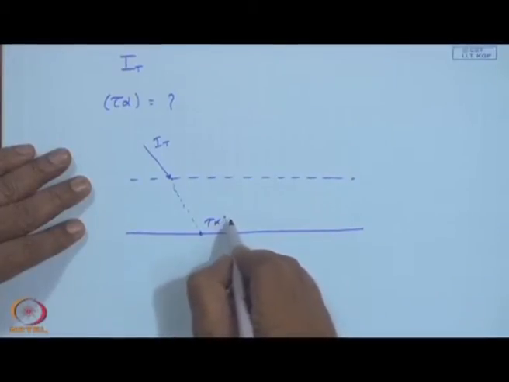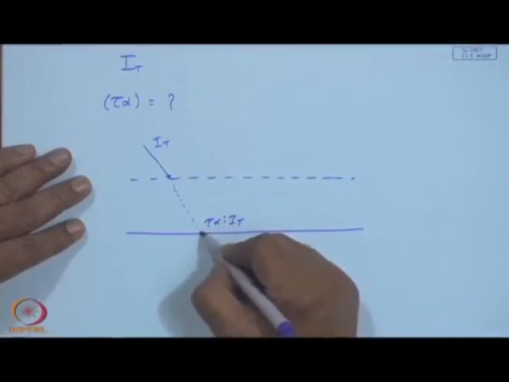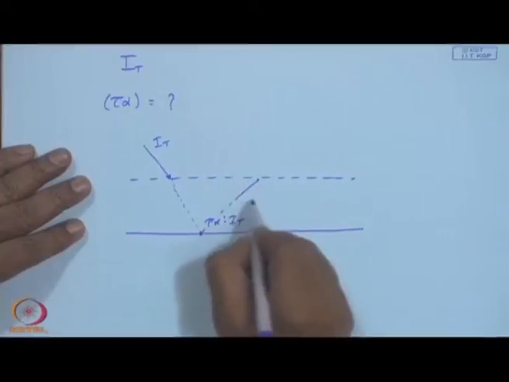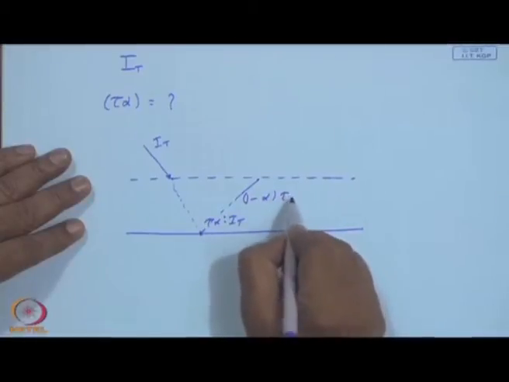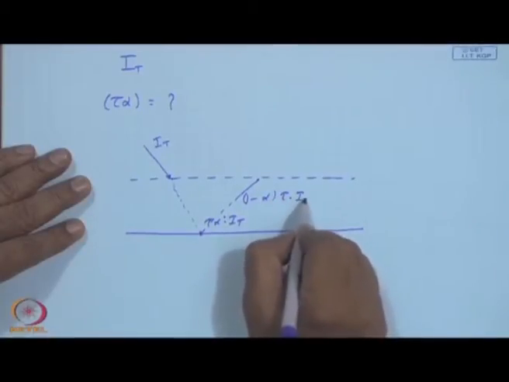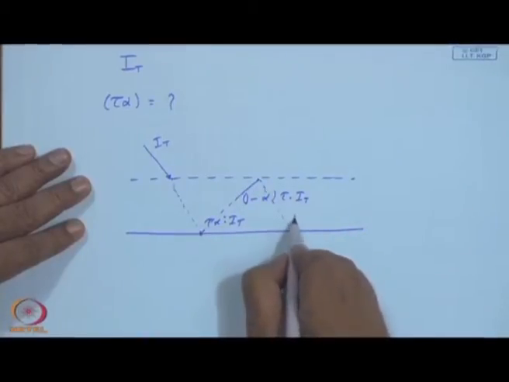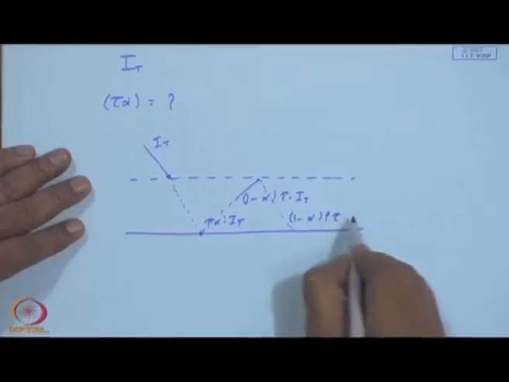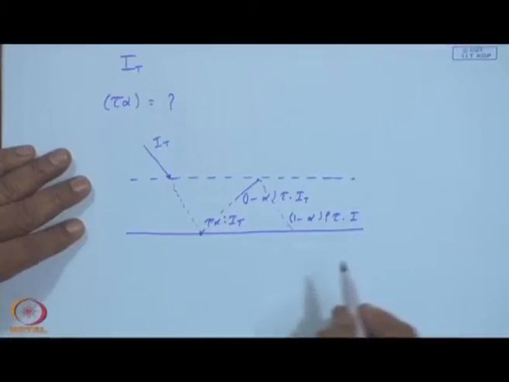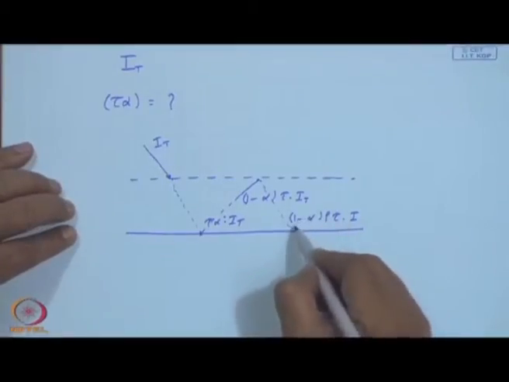alpha into I_T will be absorbed. A part of it will be reflected, which will be (1 minus alpha) into tau, into of course I_T. Again this process keeps on happening. This will be (1 minus alpha) into rho tau into I_T. The reflectivity of the glass surface is rho. So, a part of it will be reflected. So, this continues,